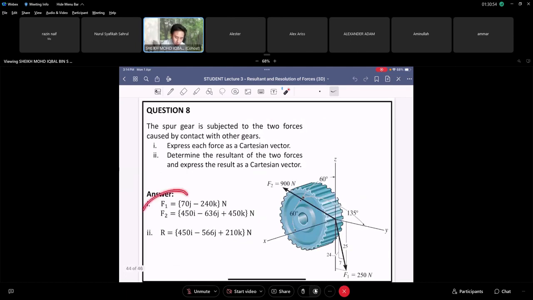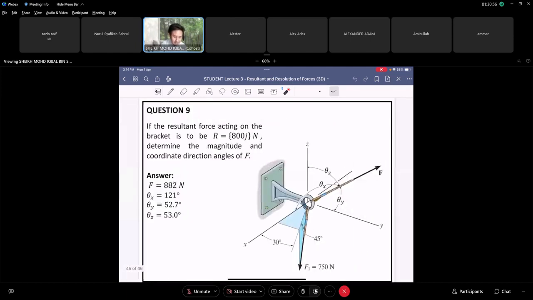If you do not get the correct answer, please do not submit your video solution. Check if you have the right answer first. If you don't have the right answer, try until you have the right answer, or you can approach me and we can work together for you to get the answer. Right? Once you have the answer, if your answer is the same as this one, then only you can upload